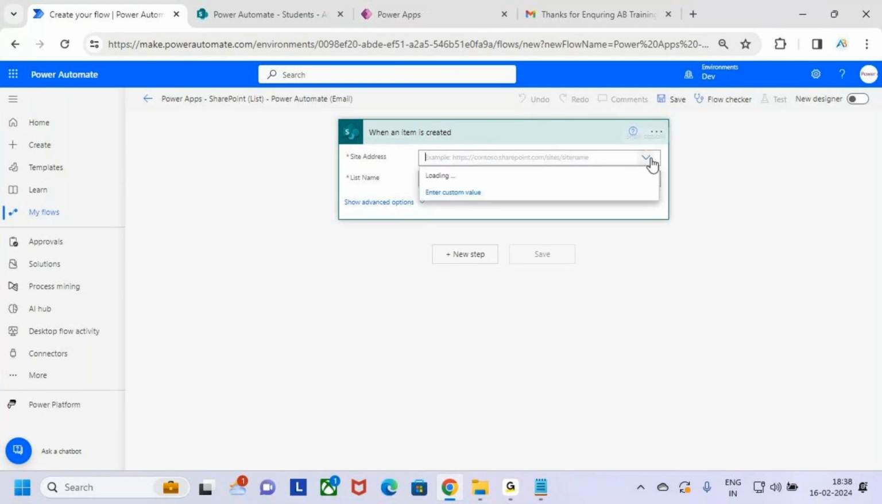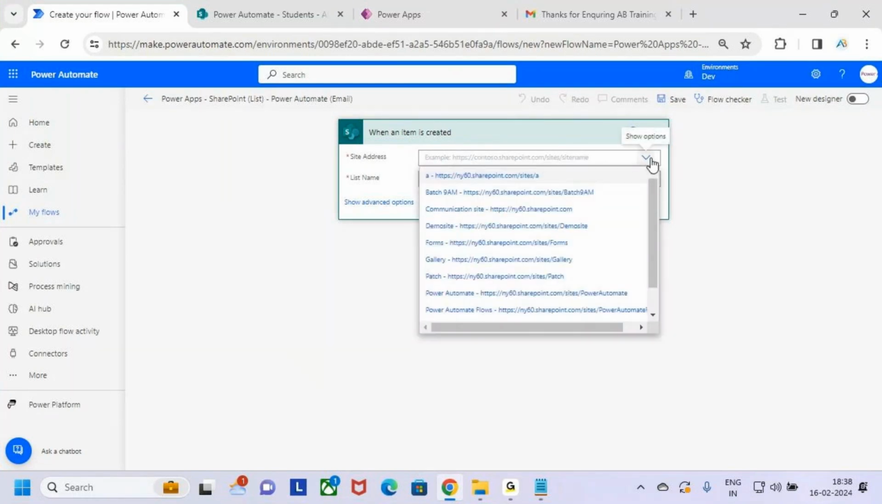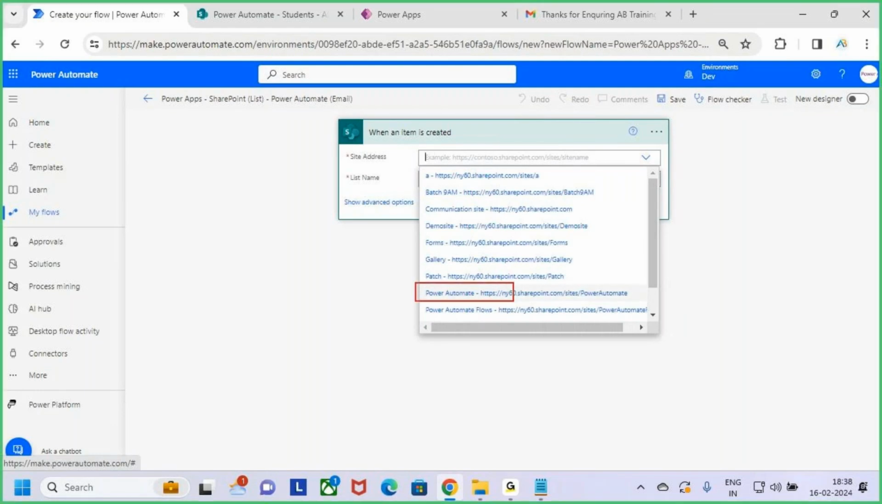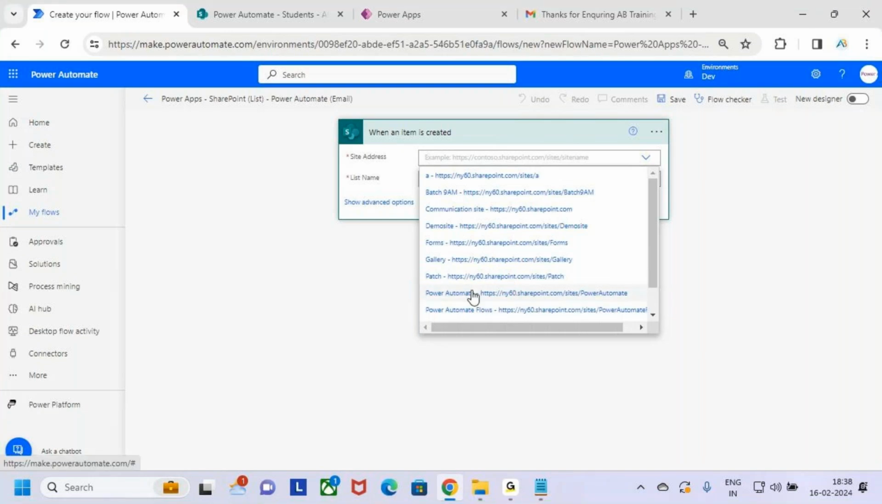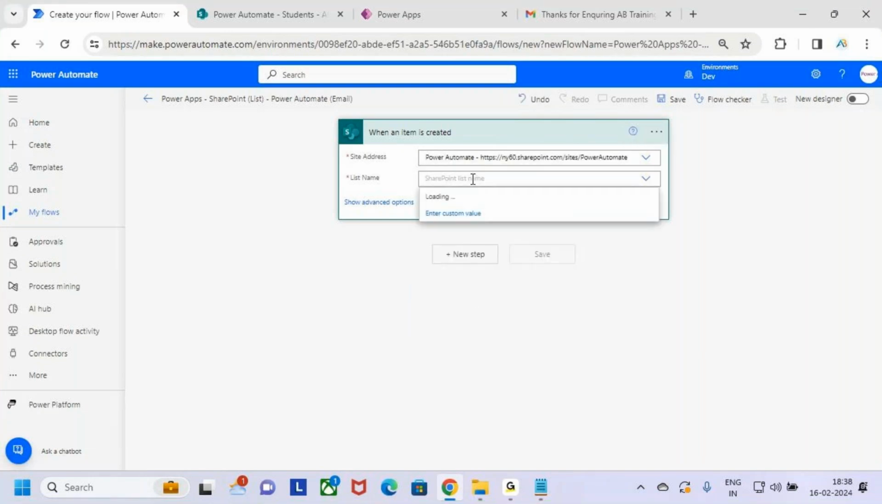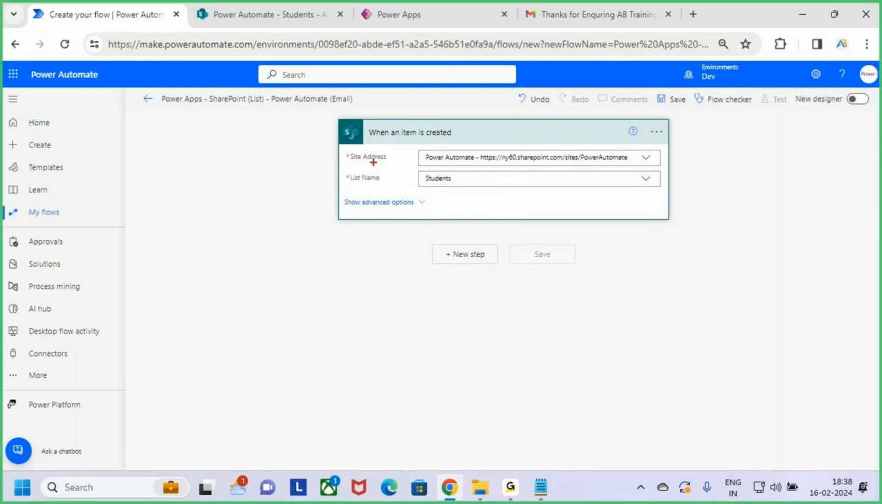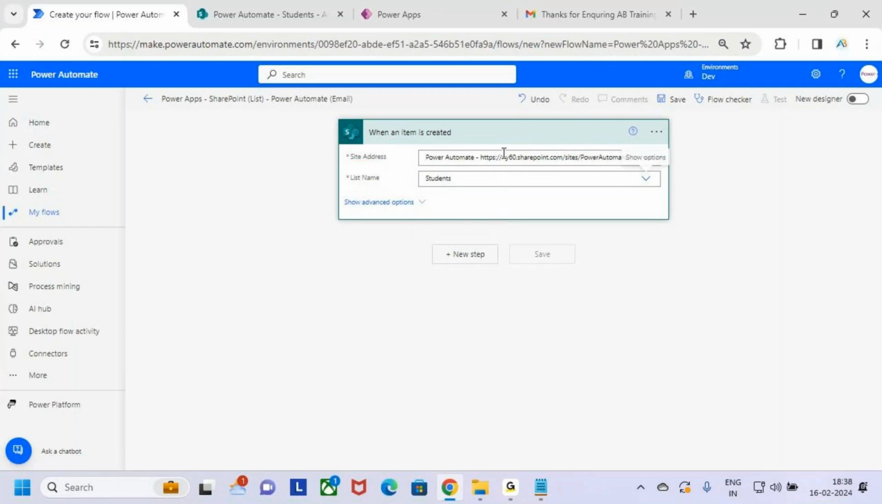What's the site I want to connect to? I want to connect to the site called Power Automate. You can see it automatically displays the site name, Power Automate. And what's the list name? What's the list I want to connect to? Students is the list. Select the list name. Once after entering the site address and list name, whenever data is created in this list,